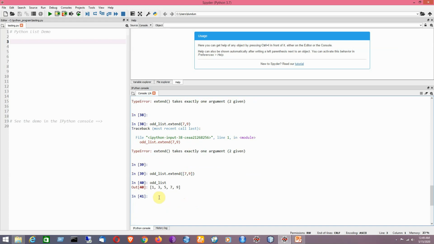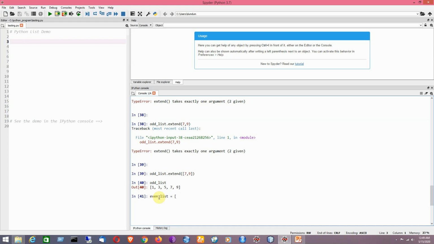Next comes the use of the plus operator. We can also use the plus operator to combine two lists. Say for example I am having another list here, even underscore list.